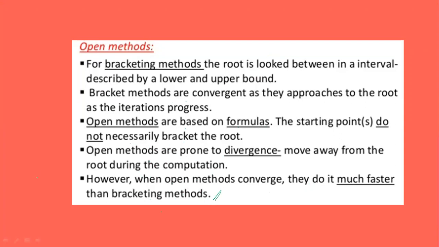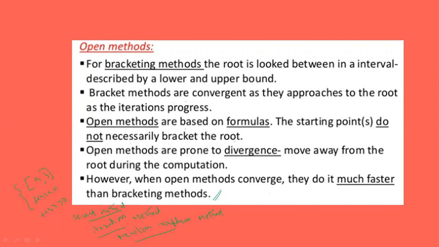So what he is showing: bracketing methods means you have to choose two values in such a way that one is less than 0 and one is greater than 0, like the bisection method or the regular false method. Open methods are like the secant method, the iteration method, and the Newton-Raphson method. These are all open methods, just applying the formula and finding the answer. In the secant method, iteration method, and Newton-Raphson method, if you do not choose the initial value close to your root, it may take more iterations to converge to the required root. That is what he is saying.